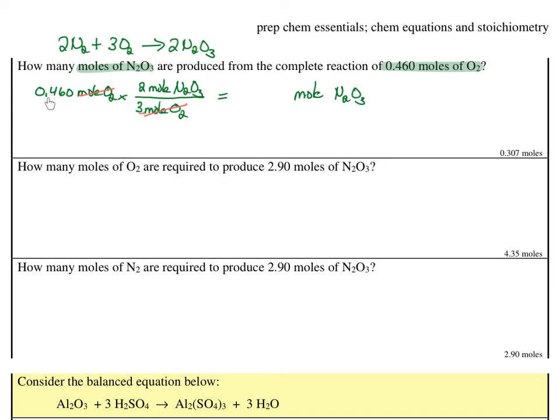So we multiply 0.460 times 2, divide that by 3 to get our calculator result. We look to sig figs. This number has 3 sig figs. This is an exact number, so it has an infinite number of sig figs, and will not affect the sig figs in our answer. So we have 3 sig figs that are justified in our final answer. So our final answer is 0.307